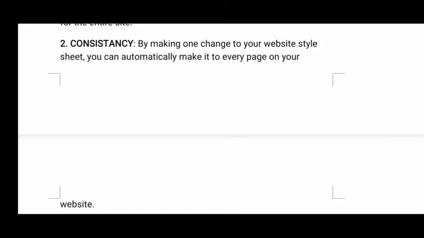So if you want to make any changes to any tag, you no need to open your HTML file. You just open the CSS file and there you make the changes. Whatever changes you have done there will be applicable to all the tags which are available in the HTML file. That is called consistency, right? If it is applying for one tag and not for another tag, that is not called consistency. If you have made any changes, that should be applicable to all the places where that tag is there. So that is called consistency.